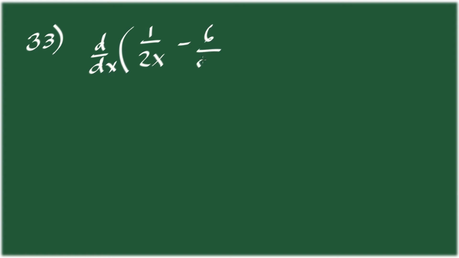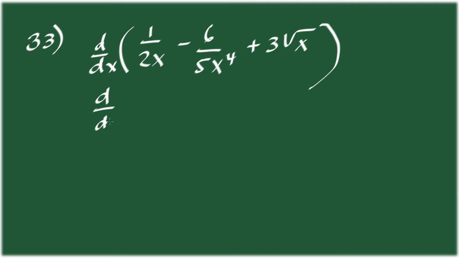Suppose you have to get the derivative of 1 over 2x minus 6 over 5x to the fourth plus 3 square root of x. So this is a brush up of the shortcuts we covered in part 1 and part 2. First one is reciprocals, okay? So before we apply the shortcut, we can go ahead and